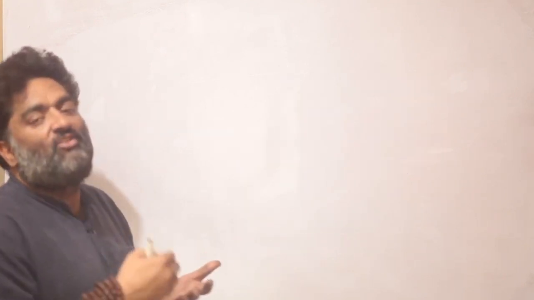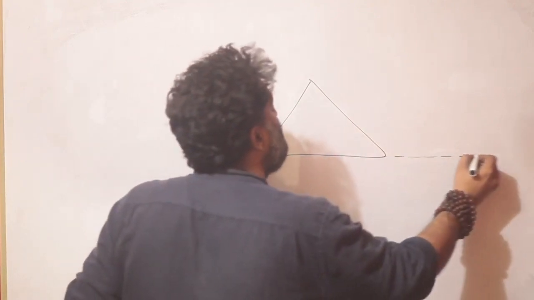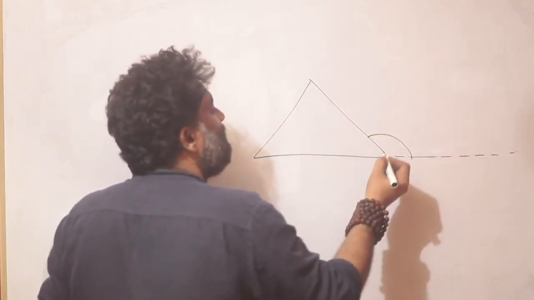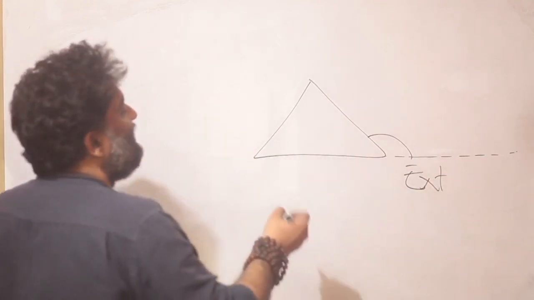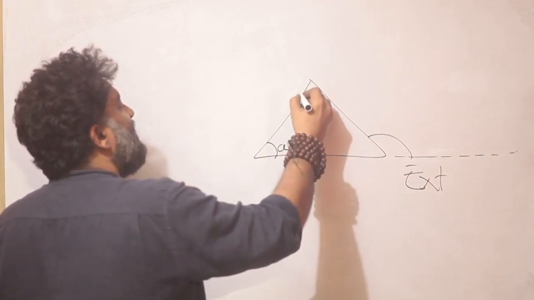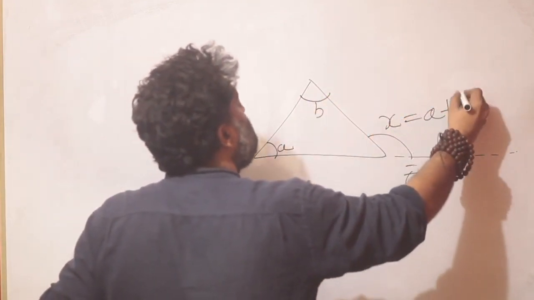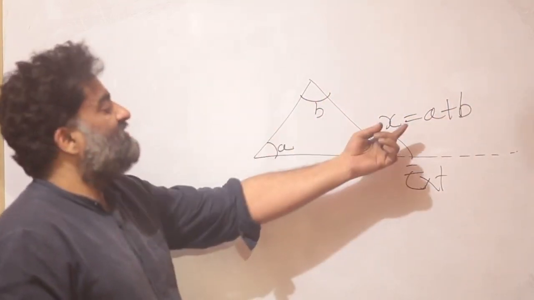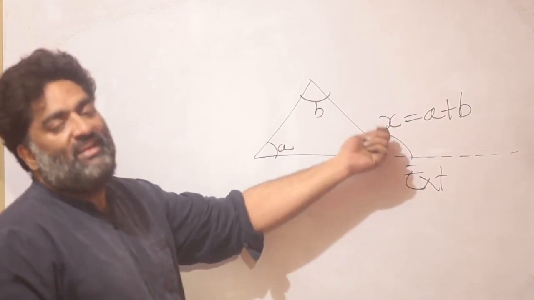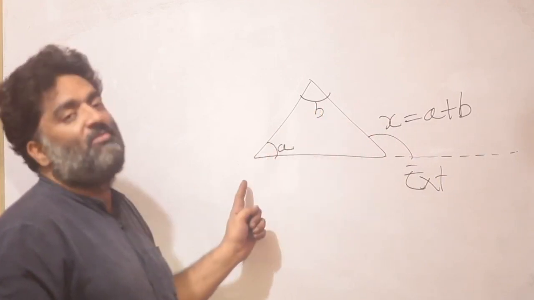So staying with the idea of these formulas as tools, a very common result tool that you'll be using is that if I extend a side of a triangle, this angle formed is known as the exterior angle. And say this angle is A and this angle is B, this exterior angle X is going to be equal to A plus B. So once again, a very common result, a lot of you might be already very familiar with this, that the exterior angle is equal to the sum of the opposite angles.